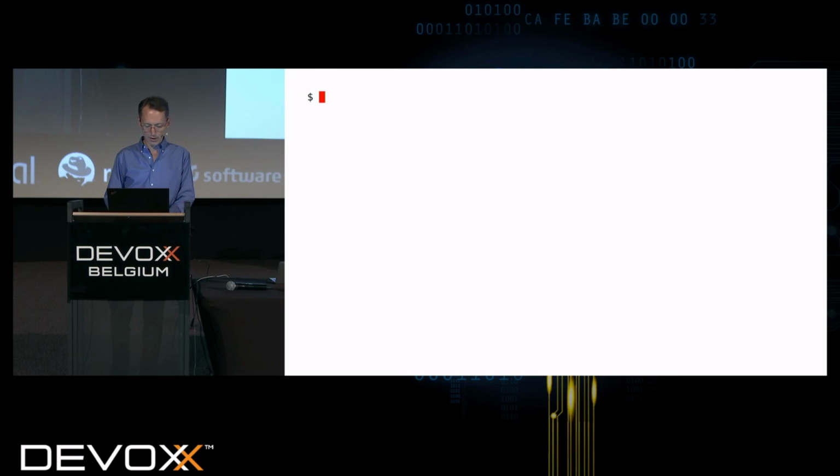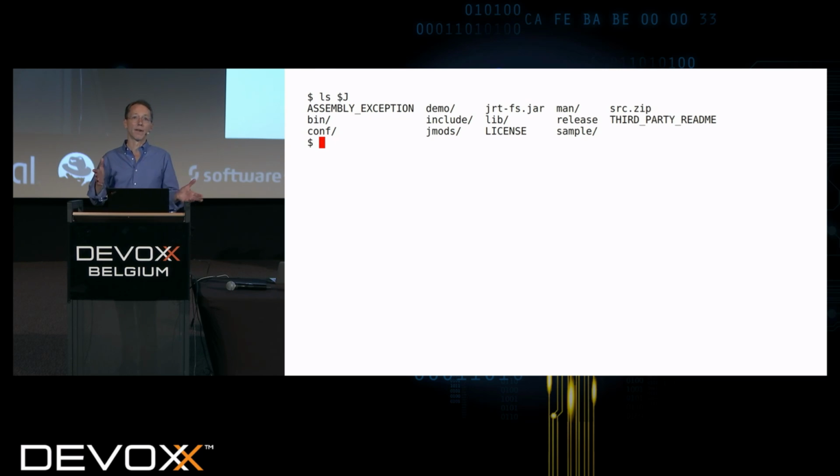If you look in the JDK build, here's the one I'm using here. Yes. Right, it looks kind of familiar. There's a bin directory and an include directory and other stuff. And there's also this jmods directory right here. So in that directory